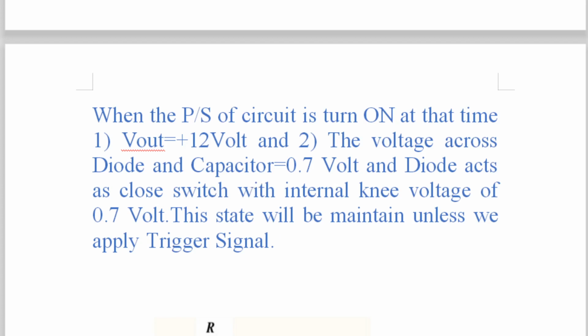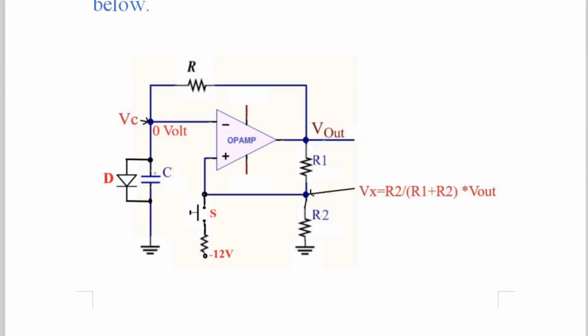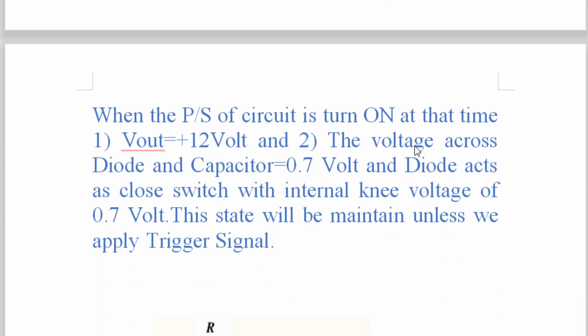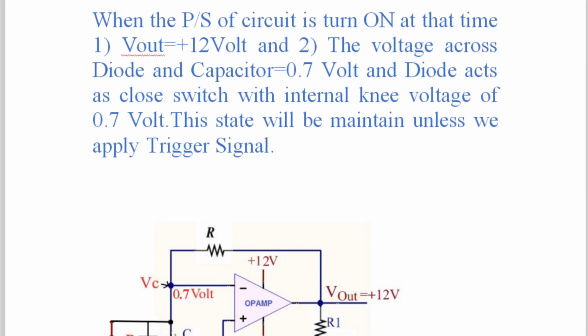As I explained in this diagram, before turning on the power supply, we have taken our capacitor in discharged condition. We have not applied the power supply here, therefore Vout and Vx are not written. Now let us apply the power supply. As soon as you apply it, due to the feedback at the non-inverting input pin, the output will be thrown to Vsat plus, that is called HVL. That is what I mentioned here, number one. And now number two, what is happening? The voltage across the diode, see the diagram and I will explain.